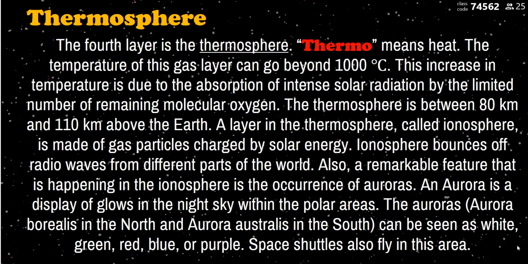Next, thermosphere. The fourth layer is the thermosphere. Thermo means heat. The temperature of this gas layer can go beyond 1000 degrees Celsius. This increase in temperature is due to the absorption of intense solar radiation by the limited number of remaining molecular oxygen. The thermosphere is between 80 km and 110 km above the Earth. A layer in the thermosphere called ionosphere is made of gas particles charged by solar energy. Ionosphere bounces up radio waves from different parts